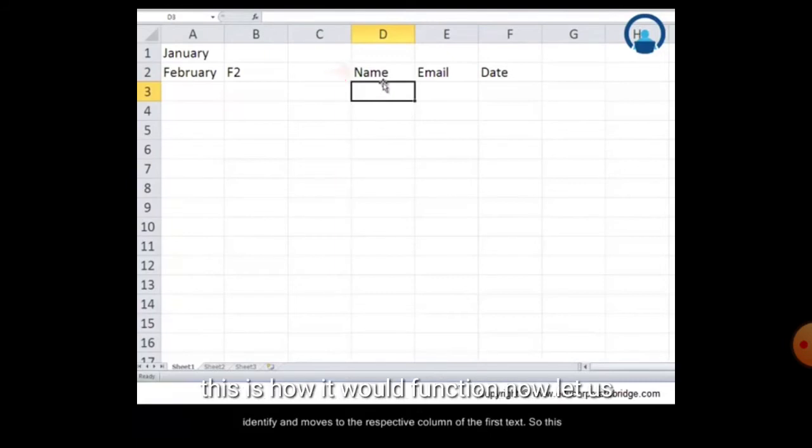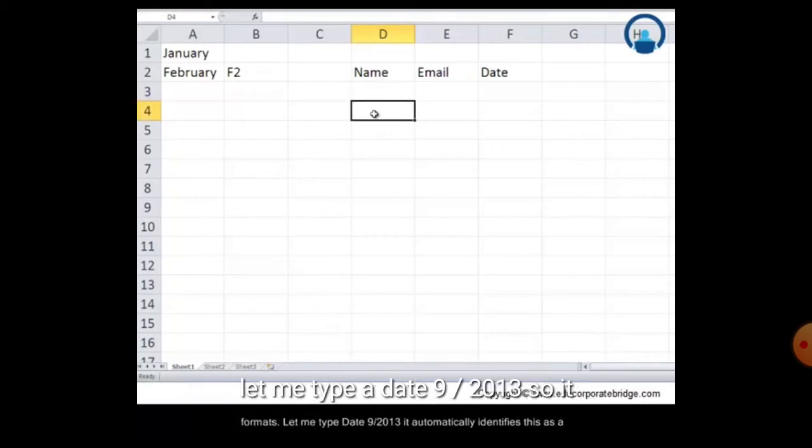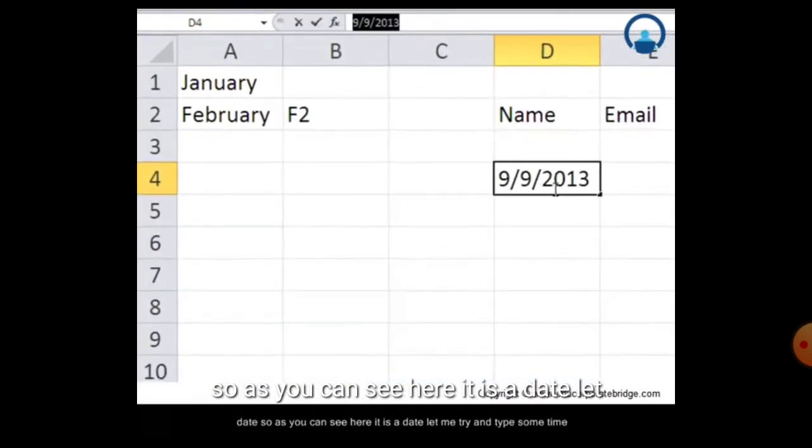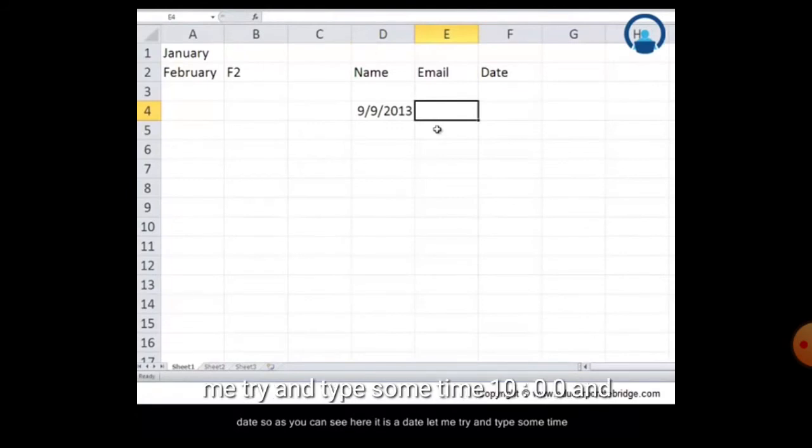Like here the date, 9 forward slash 9 and 2013, suppose we write any year, any date. Now when we write it, it automatically fills.